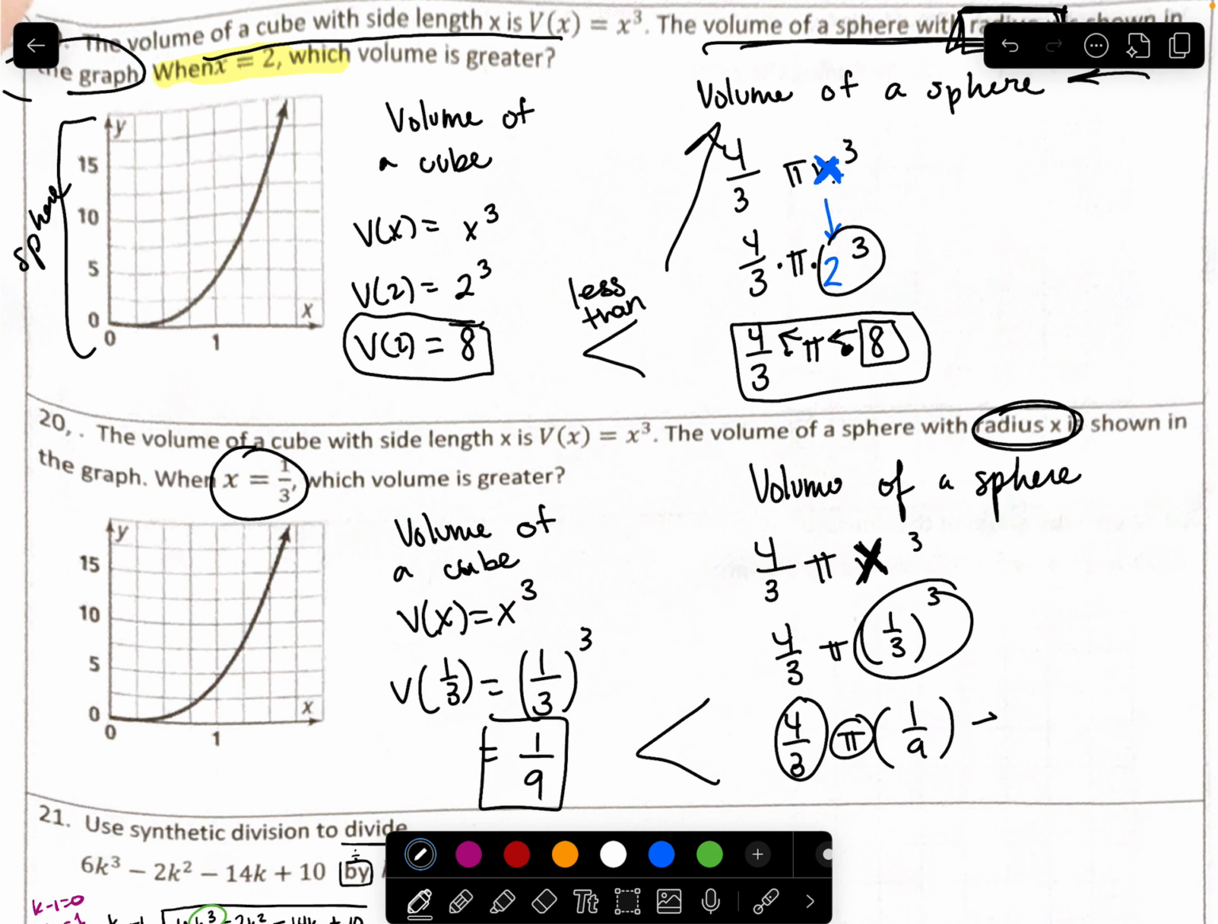But to verify, let's multiply this. So it's 4 over 27 times pi. Put it in your calculator. We get approximately 0.46, and 1 divided by 27 is approximately 0.04. And that continues on forever. Okay, so that's what you have to do here. If you have any questions, please